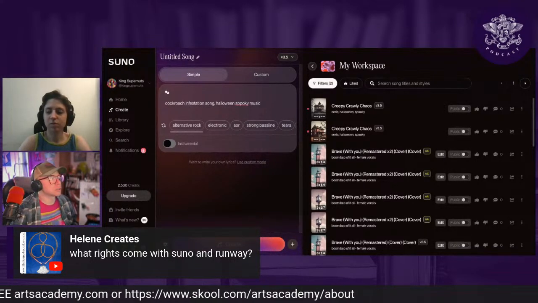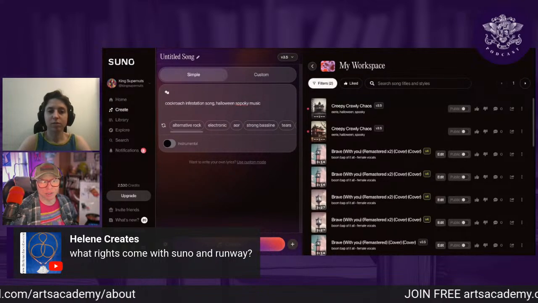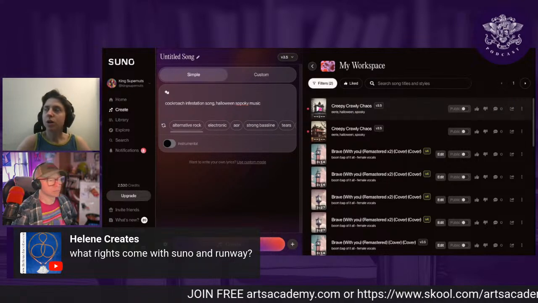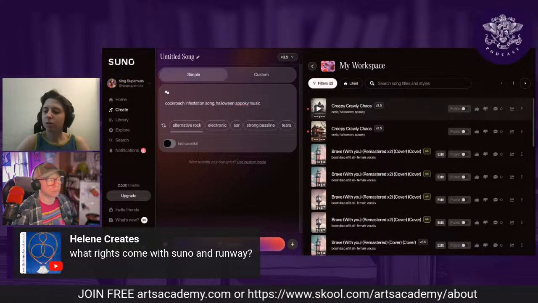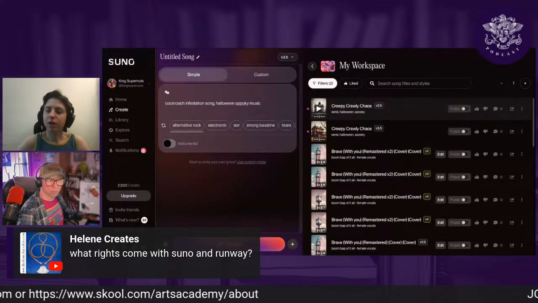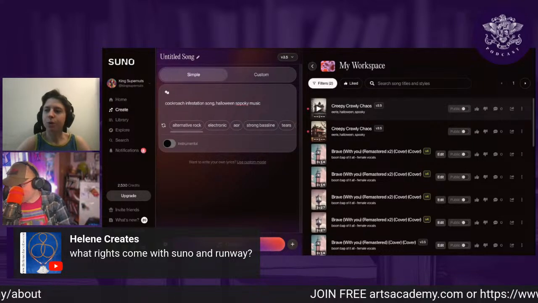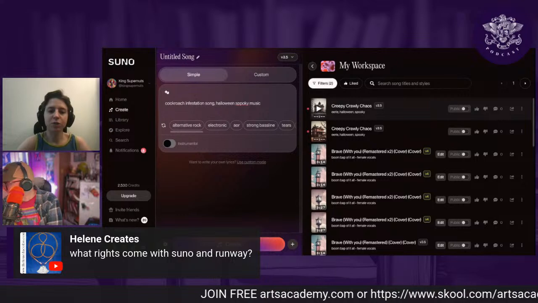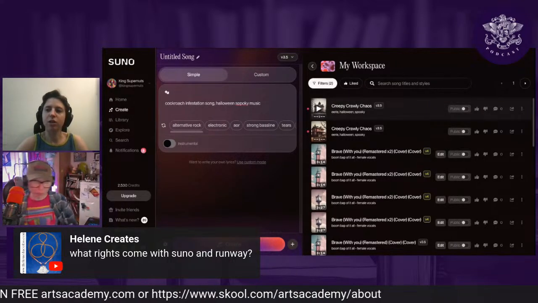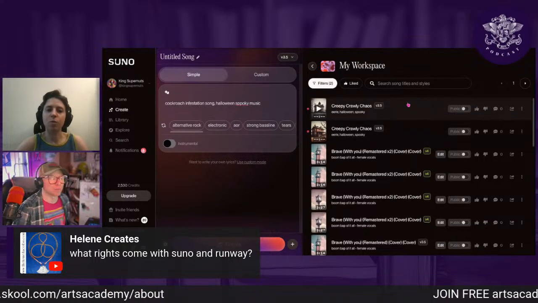Suno, I think the lowest tier is about $10 a month, and it might be very similar with Runway as well. I don't know if Runway does this, but in video AI, which is kind of like Runway, if you use the free version and select stock media from the media sources, it has all the watermarks on it.